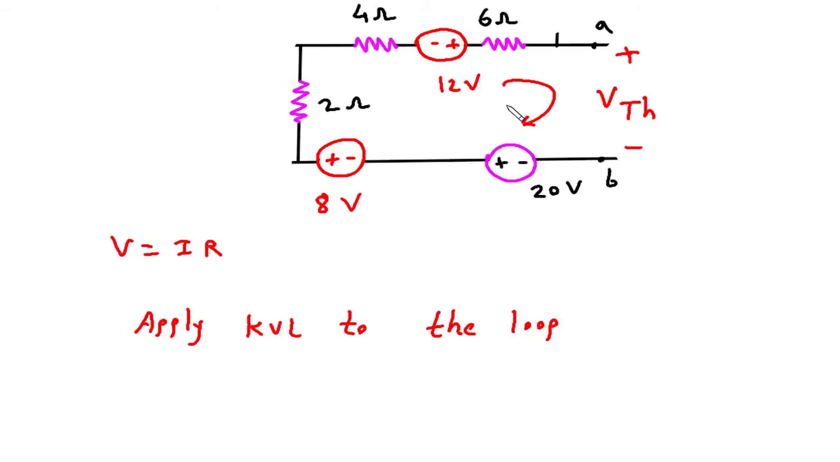Let's say this is current I. Now we will start from here. So this will be minus 20, then minus 8, then this will be plus, this will be minus, this will be plus, this will be minus. So plus 2I, then plus 4I, then minus 12, then this will be positive and this will be negative. So plus 6I,